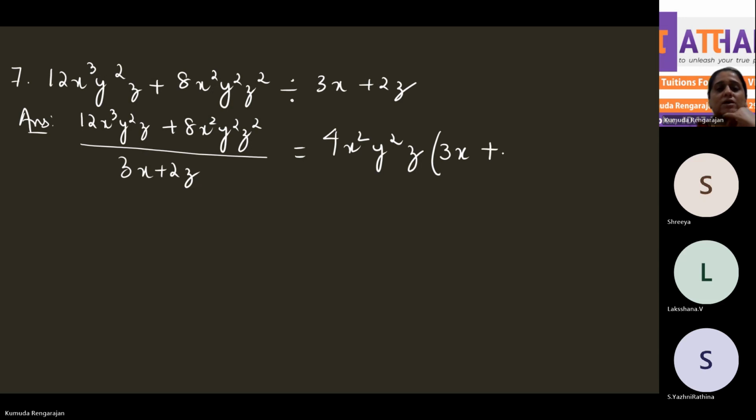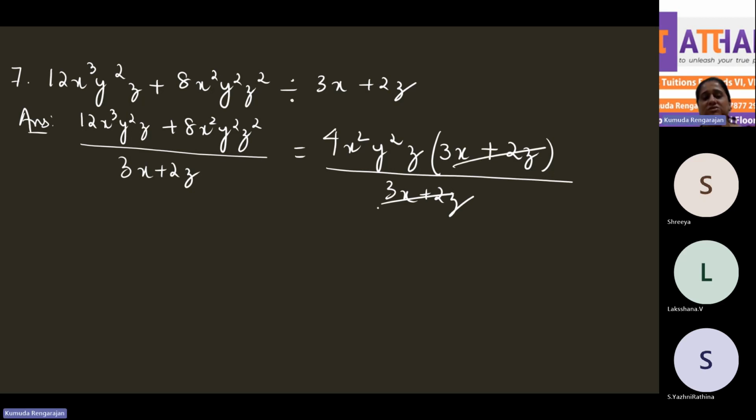Plus 4 2s are 8. And z, because we have x squared y square outside the bracket. So z into z is z squared, divided by 3x plus 2z. Now, the expressions get cancelled. And the result is